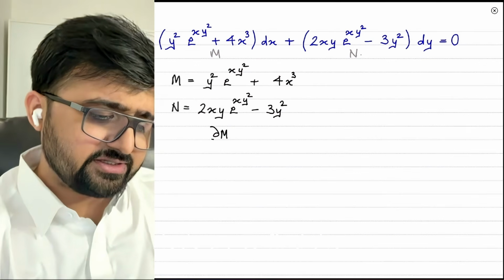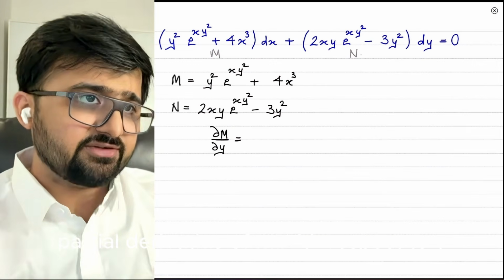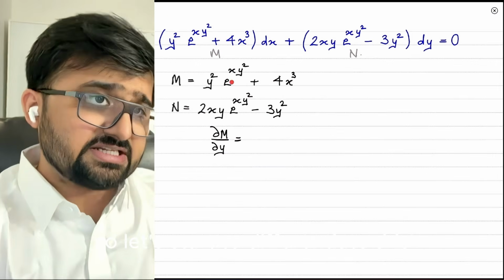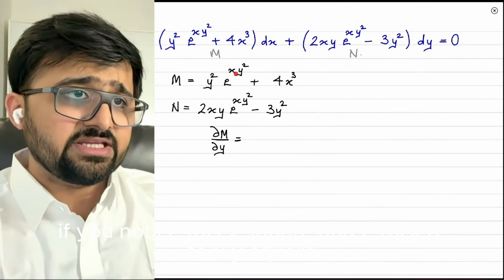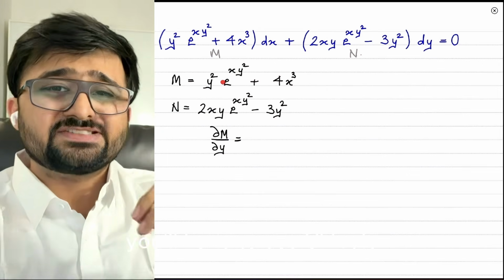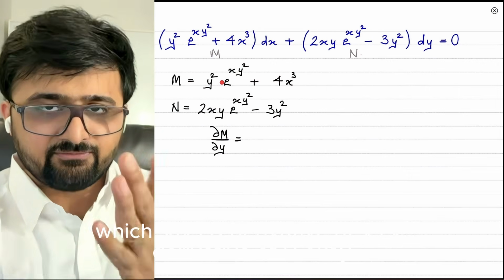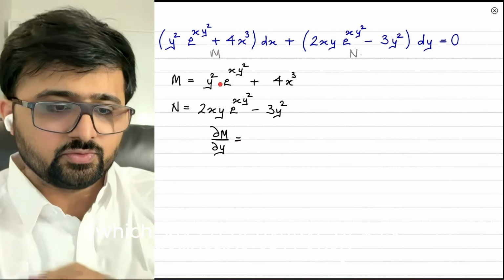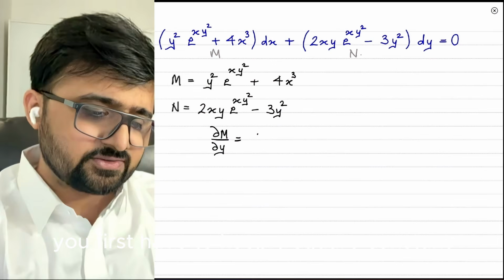Let's try to find the partial derivative of M with respect to y. So let's start to differentiate this. If you notice this y square and e raised to xy square, you'll have to use the UV rule or the product rule of derivatives, which says u derivative of v plus v derivative of u. Okay. So in other words, in order to differentiate this, you first have to keep y square constant,